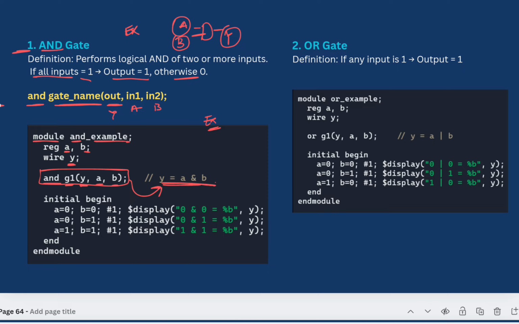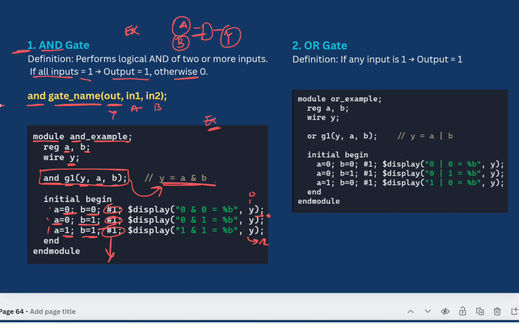उसके बाद यहाँ पे मैं डिफरेंट सेट ऑफ इनपुट्स के लिए आउटपुट देख रहा हूँ। तो बताओ अगर a और b 0 है तो इस केस में आउटपुट क्या हो जाएगा, 0 हो जाएगा। अगर a 0 है और b 1 है तो भी 0 हो जाएगा। अच्छा, a और b दोनों 1 है तो यहाँ पे 1 हो जाएगा। अभी इसमें हैश 1, हैश 2 दिख रहा होगा। बेसिकली ये डिले है, इसके बारे में अपन आगे देखेंगे। अभी के लिए समझो ये डिले दे रहा हूँ मैं।